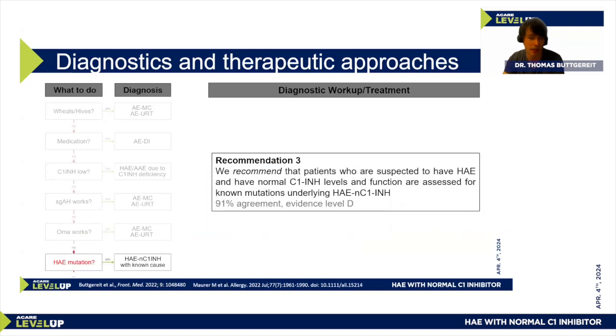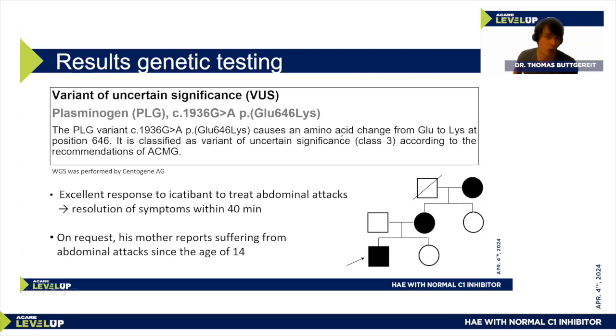So as a next step, I did what I usually would do in this case, and also what the guideline for HAE recommends: to test these patients for mutations known to cause HAE with normal C1 inhibitor. This is how it's written down in the guideline. For this, I was happy to have the ACARE project there to do this diagnostic workup. And what came out was a finding called a variant of uncertain significance in the plasminogen gene. And you see here, this